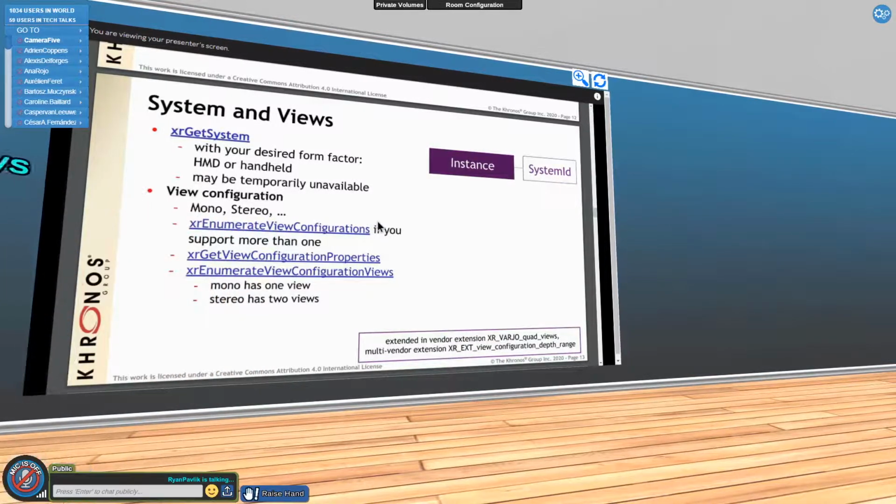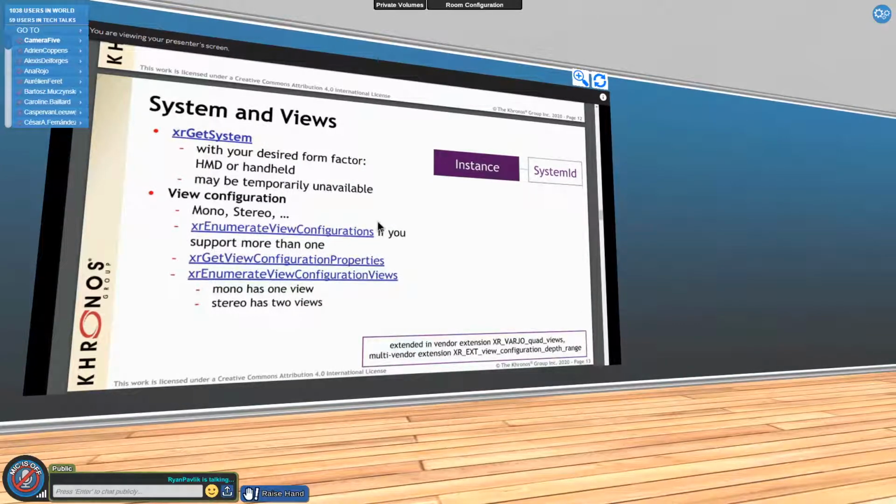and the runtime will respond with one of three options. It'll either say, yes, I have a system like that, here's the system ID for it. It'll say, no, I cannot have a system like that, this environment isn't compatible, like trying to run a magic window application on a desktop or something like that. Or it may say that the system is temporarily unavailable. This could be that it knows that it can do this, but you haven't plugged in the device yet, or alternately